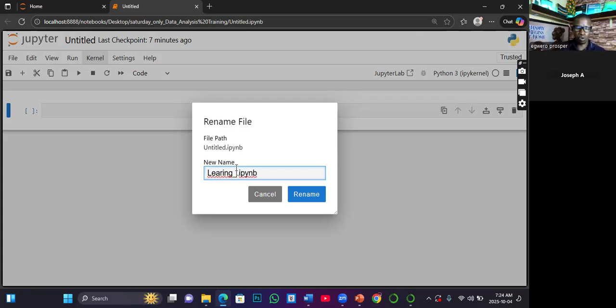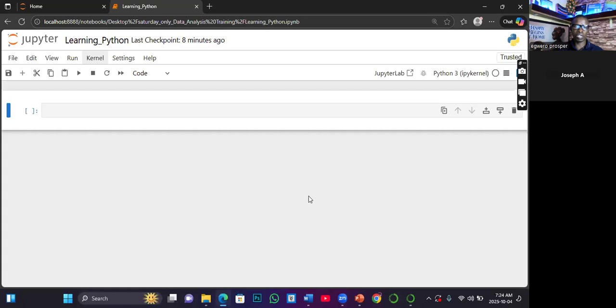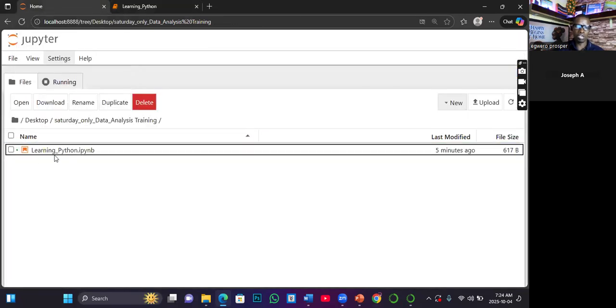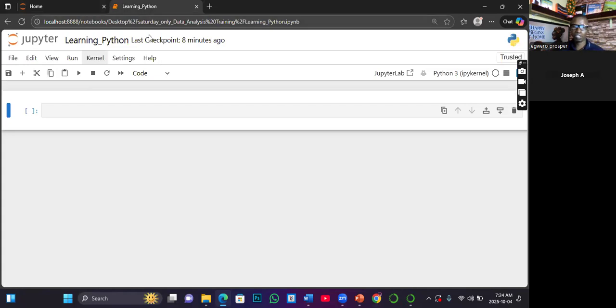That's why I'm using underscore. Learning Python. So this notebook is for learning Python. So I'll click on rename. Once you do that, you will notice that the name has changed. And then the next time you go back to your directory, you see that it now has a descriptive name. So that is the first thing.